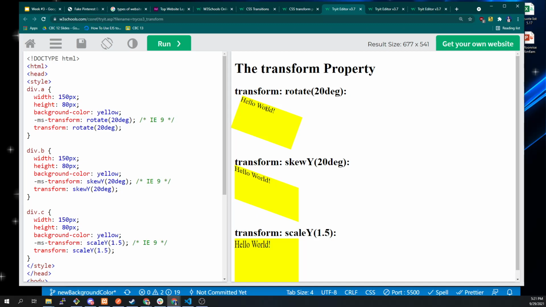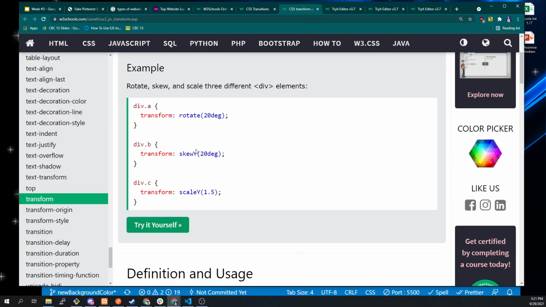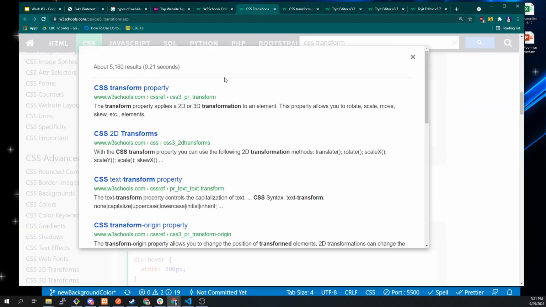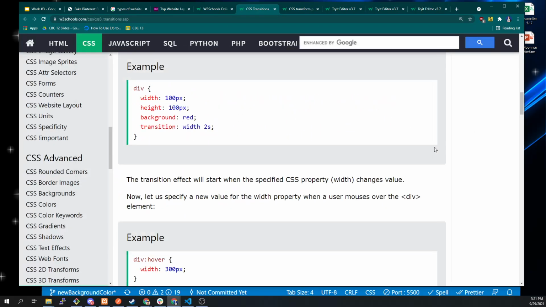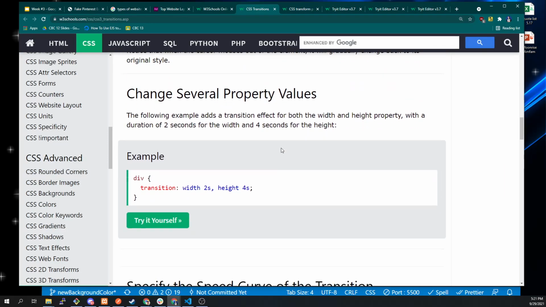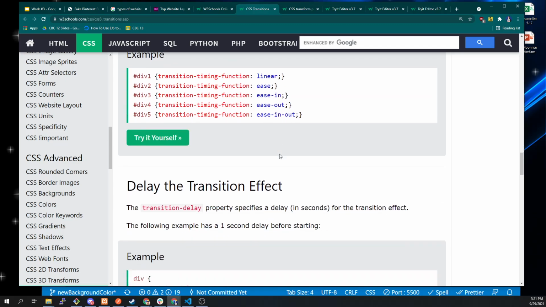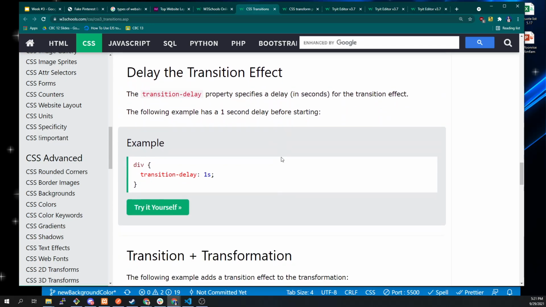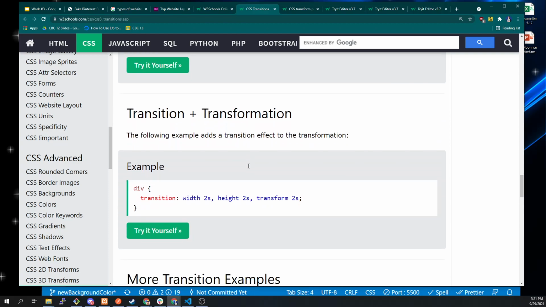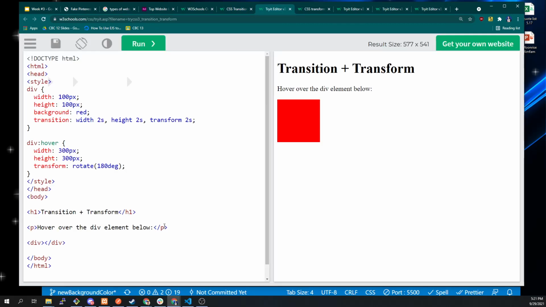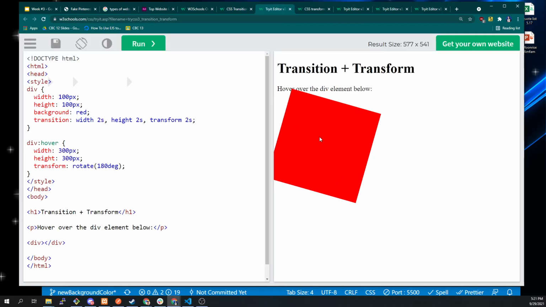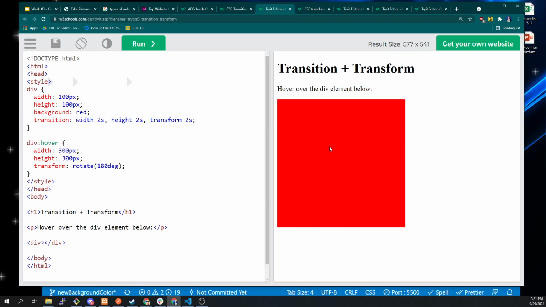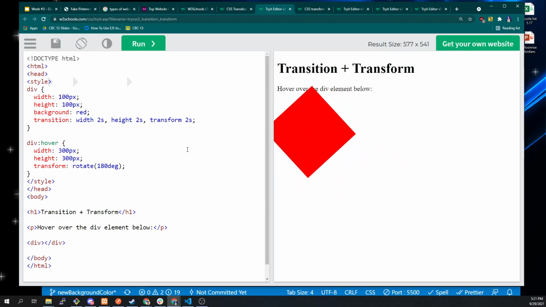You can combine these, and here's a good example. It was on the transition page. Where are we at here? Transition page. Often what you'll do is put a transform in a transition. Here's their example. When we hover over this, it rotates 360 degrees. It goes one full loop, and then it goes back. Because we said we're going to transform 2 seconds, and the transform in here was set to rotate 180